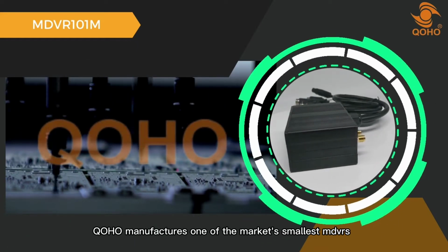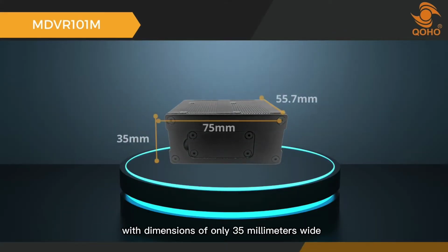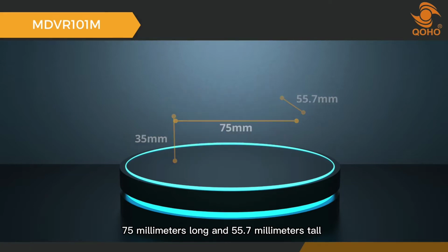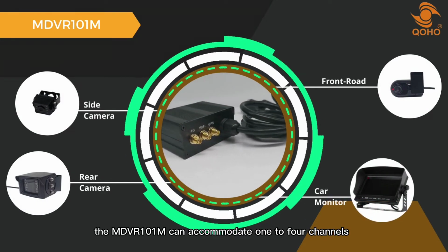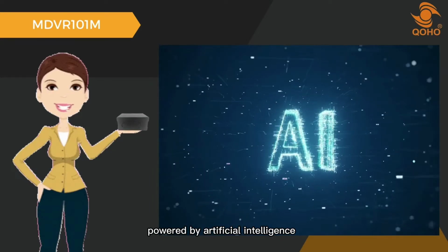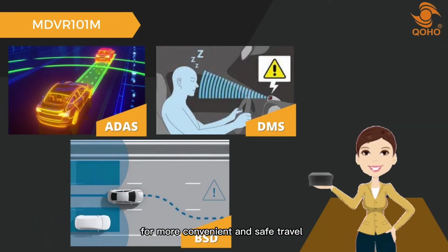QOHO manufactures one of the market's smallest MDVRs, with dimensions of only 35mm wide, 75mm long, and 55.7mm tall. The MDVR 101M can accommodate 1 to 4 channels. This small MDVR is also powered by artificial intelligence, supporting ADAS, DMS, and BSD features for more convenient and safe